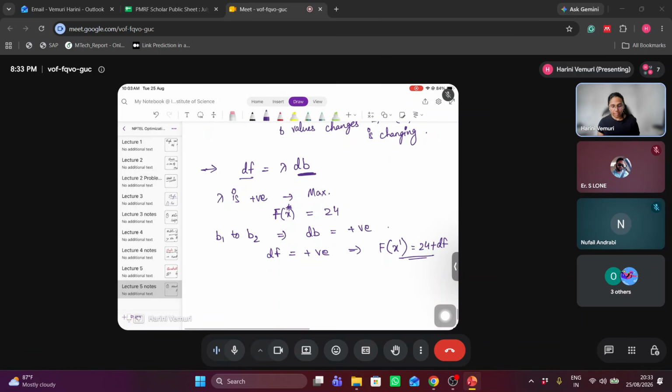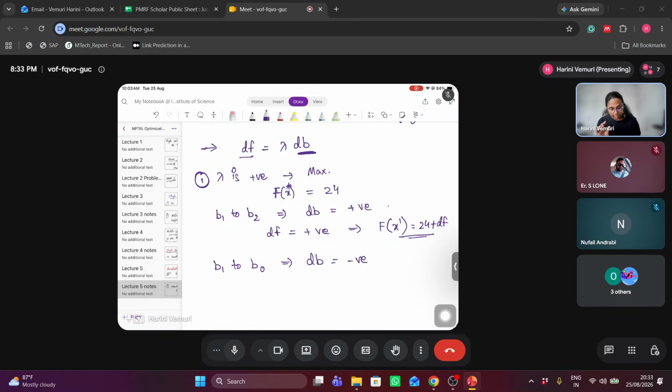Okay. Is this clear? This is one case when lambda is positive and we have a maximization type and we are increasing the constant, then how will the function value change? It also increases. Suppose we go from B1 to B0, and we are reducing, restricting the constraint,